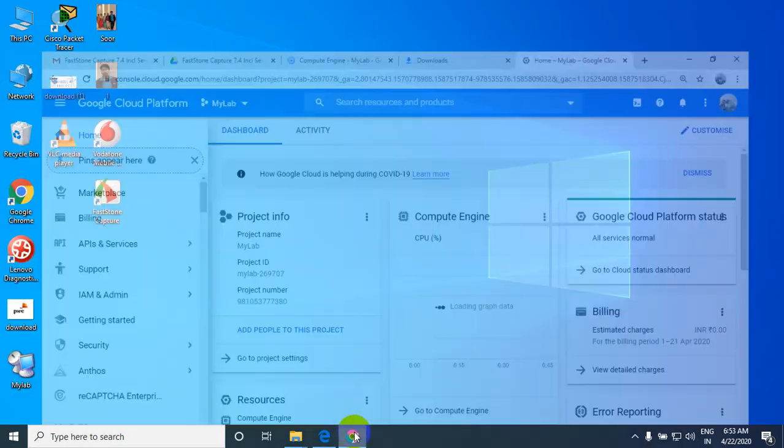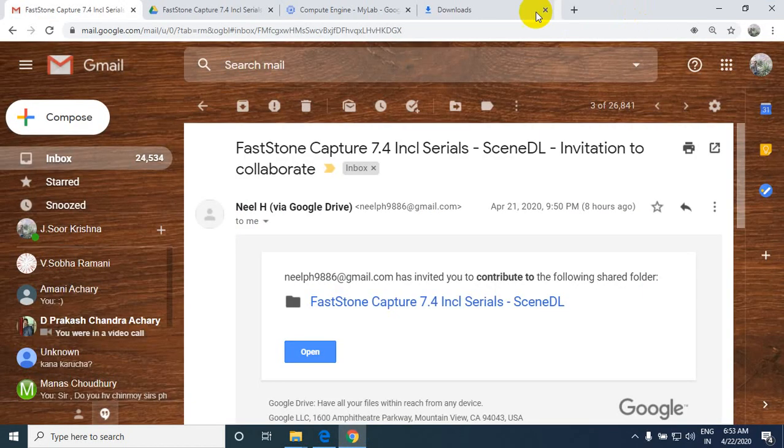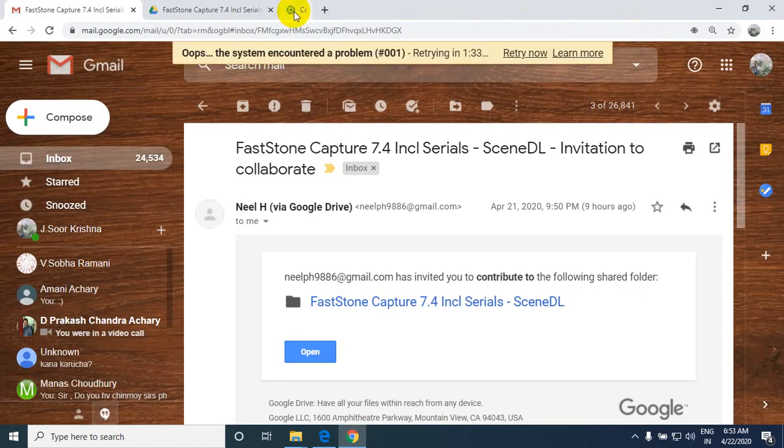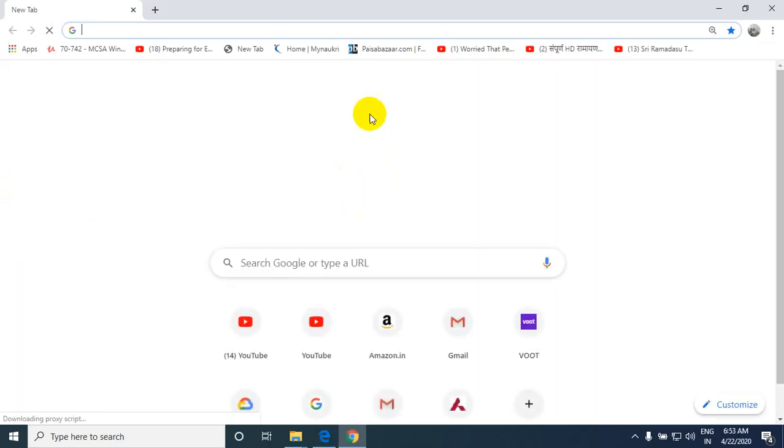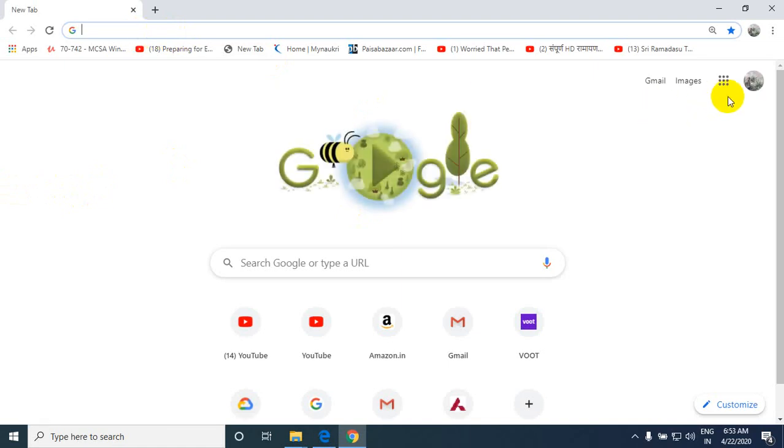So let me start this. I need to close all these tabs. Let's start it from the very beginning. Okay, so first of all, what you have to do, you need to sign in to your Google Mail.